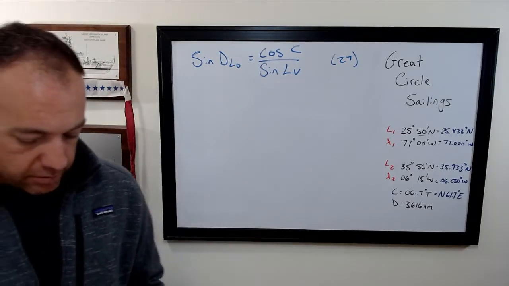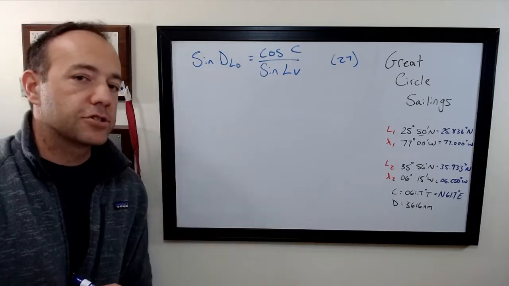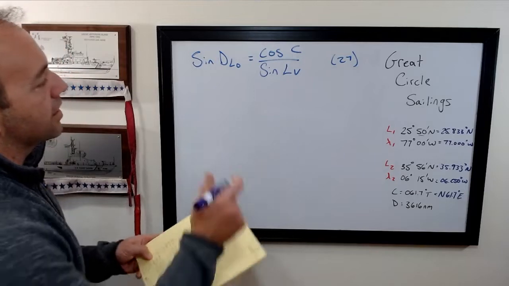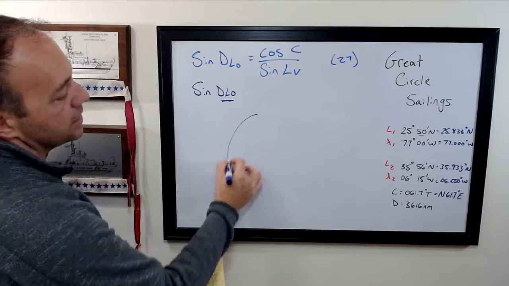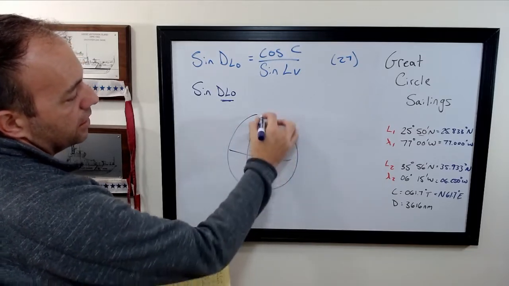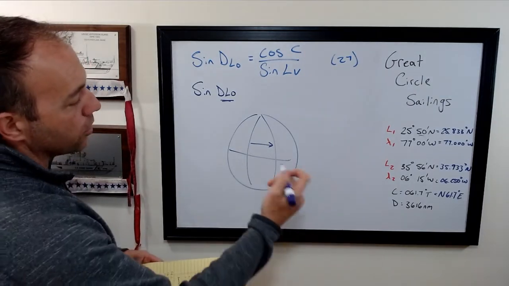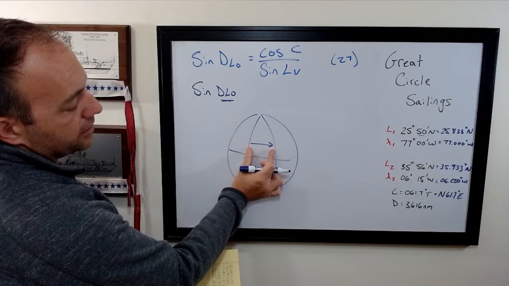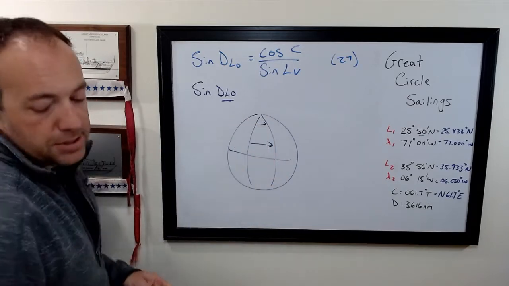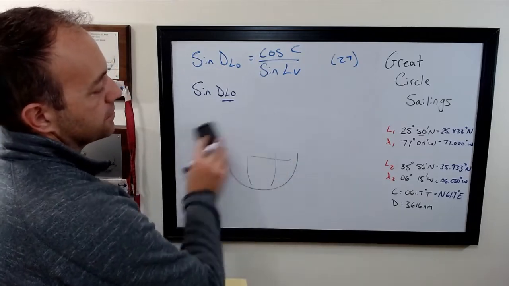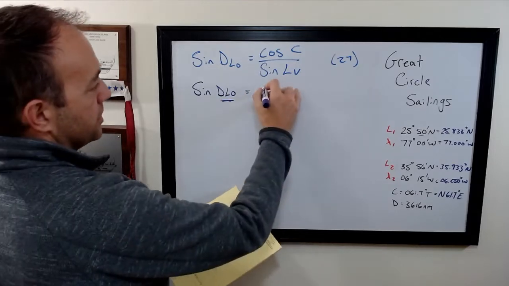Okay, so let's solve this one out. And again, rather than typing into the calculator, I'll just trust that I can do that. The sine of the difference in longitude, and what I mean by that is literally the difference between these two longitudes: how far east or west are we going to get. Important to know though, the distance of a difference in longitude towards the equator is much different than it is towards the pole. That's called departure, which we've dealt with in other types of sailings, but it's not necessary for this one. So the cosine of the course comes out to be